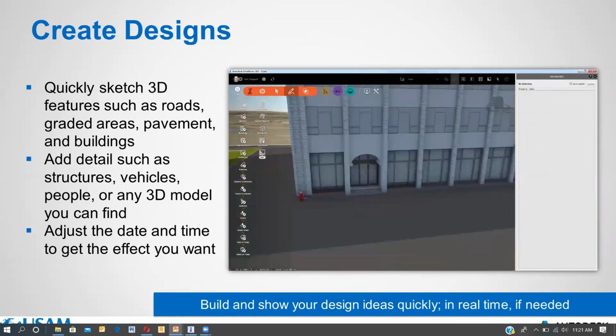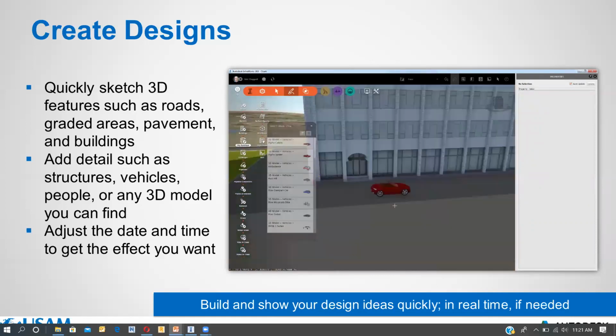These are all called city furniture. The red color thing, the cars, all the city furniture which we see in day to day life, like trees, cars, human beings, can be brought here in InfraWorks. Not only the roads and these things. So these city furniture will be there in InfraWorks.